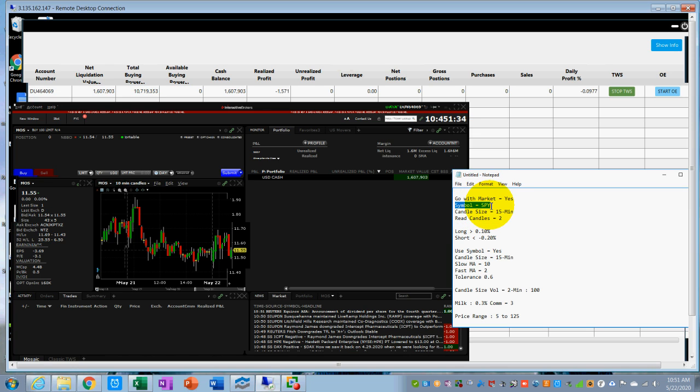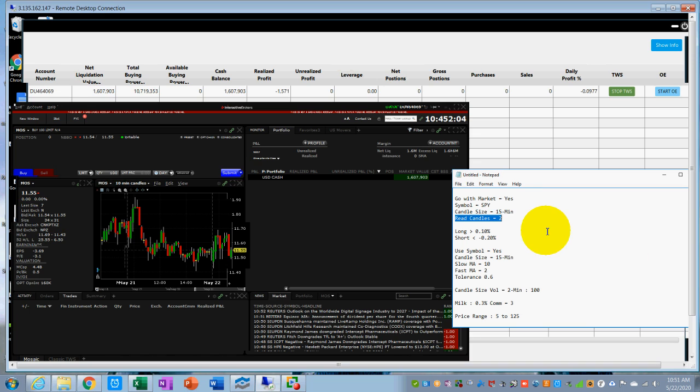We are looking into SPY, which is equivalent to the S&P 500. We are looking into a candle size of 15 minutes and reading the last two candles of 15 minutes. So if the market is going higher high on the 15-minute side, then probably we will see longs, and if the market qualifies, which you will see now, and on the short side also, if the market is going lower low for the last two candles,